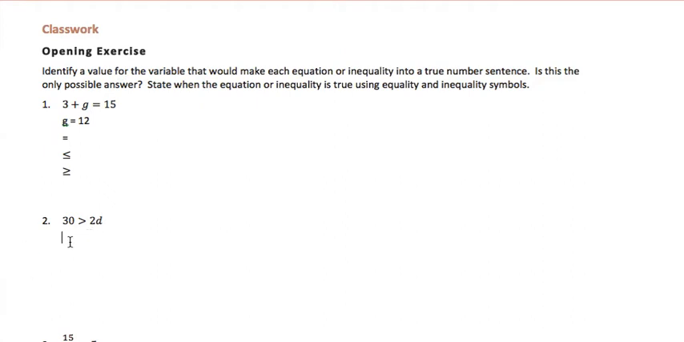In our second exercise, we have 30 is greater than 2D. So when D is equal to 15, 2 times D is 30. And that would not make it true, but we do know that it could be less than 15, and so we would write that symbol as less than or equal to,